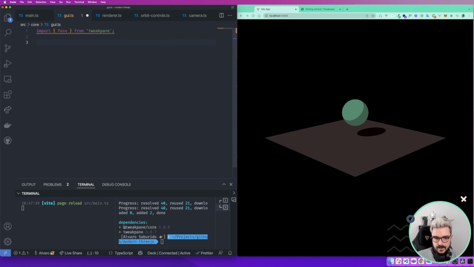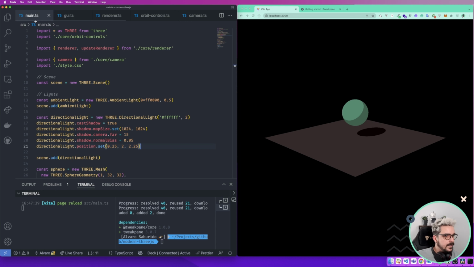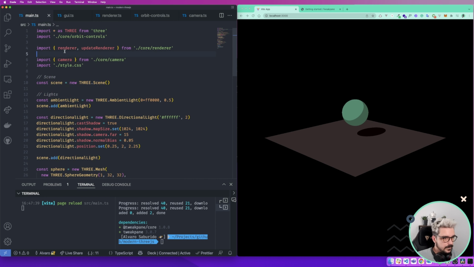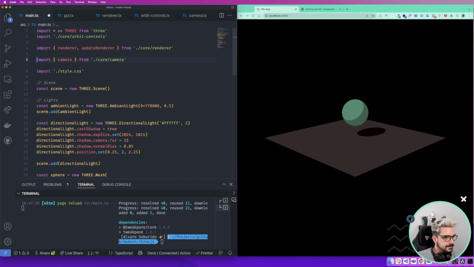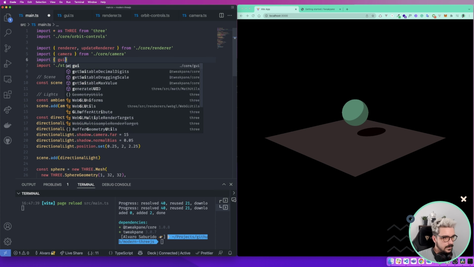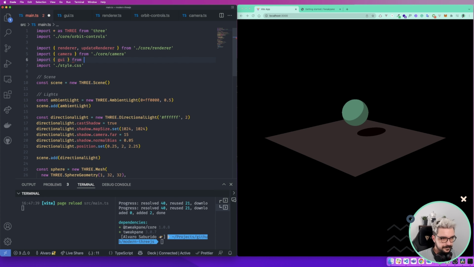Okay, and we are going to export a const object called GUI, which is new pane. Okay, we don't pass any parameters, and we go to our main, and let's import it here just below the camera. So import from